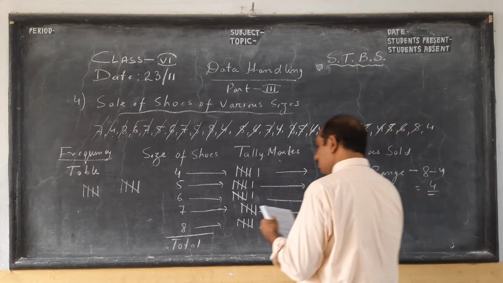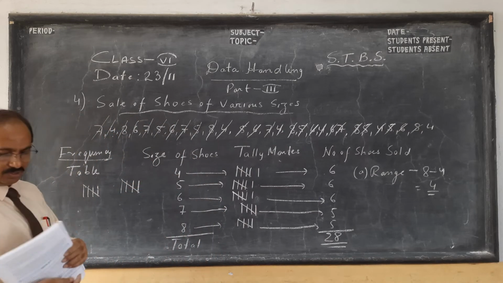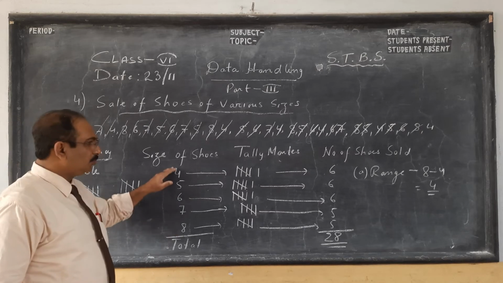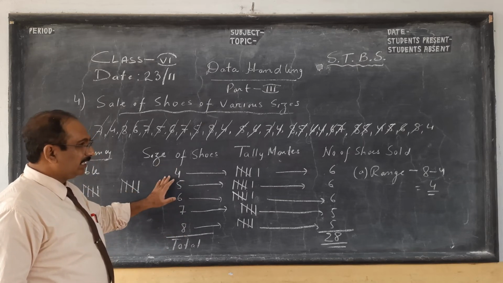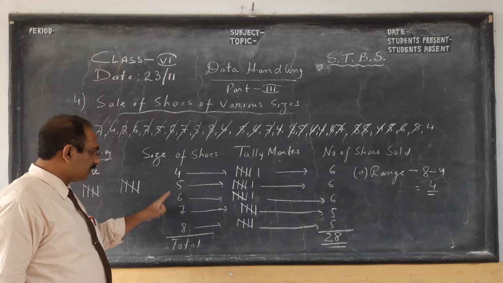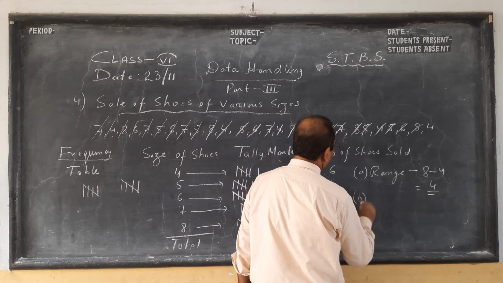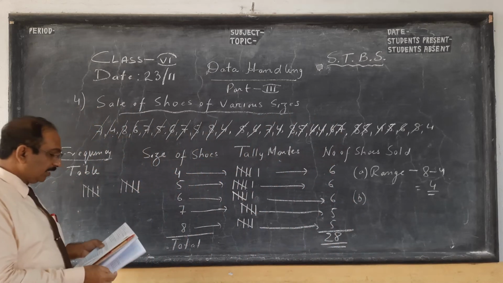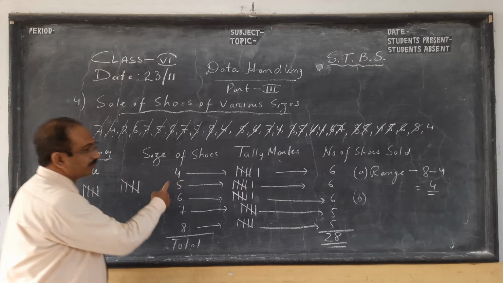So if you see what is the range of shoe sizes, actually there are 5 if you see. So range, they say you subtract the minimum from the maximum, so the range is 4, but here you see there are 5 sizes of shoes. Okay, so next question is, which shoe size has the highest frequency?